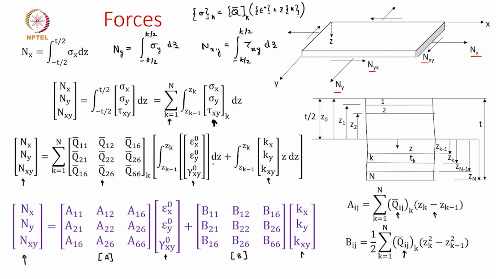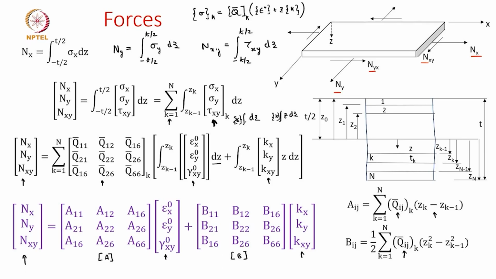So if you look here, it is simply the integral of dz. And the second term is the integral of z times dz. Because the mid-surface strains and the curvatures can be taken out of the integral,